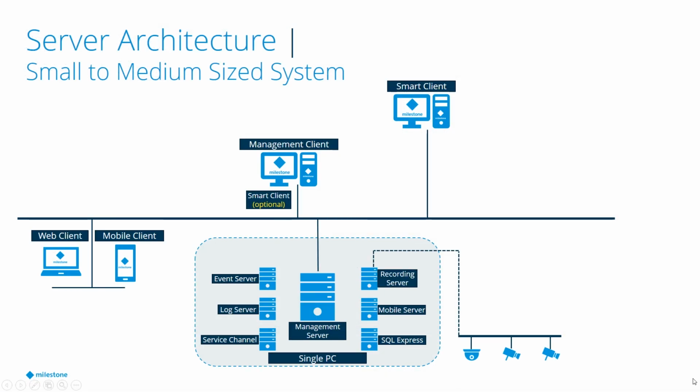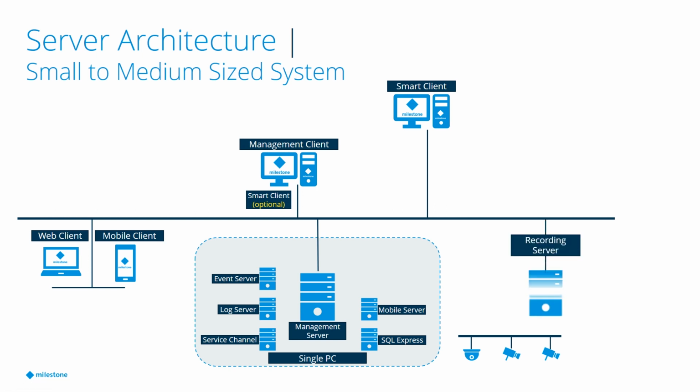As our example system grows, we begin to see configurations that our Professional Plus, Expert, or Corporate users might have. These users will typically configure their system such that the recording server software resides on dedicated hardware. Recording servers are responsible for communicating with IP cameras, recording, and managing video. Typically, recording servers are located in close physical proximities to the cameras they service, in order to localize the video traffic on a facility's local area network.